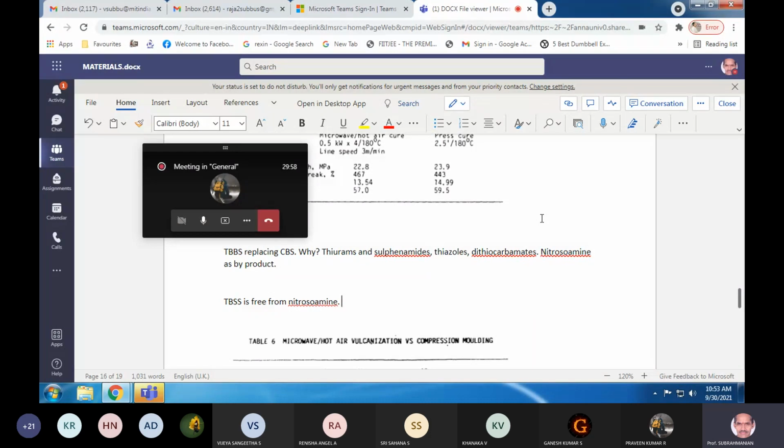And nitrosamine in certain animals was proved to be carcinogenic. And for human consumption also, they can be harmful. Therefore, our choice of rubber additives, they are called fine chemicals,